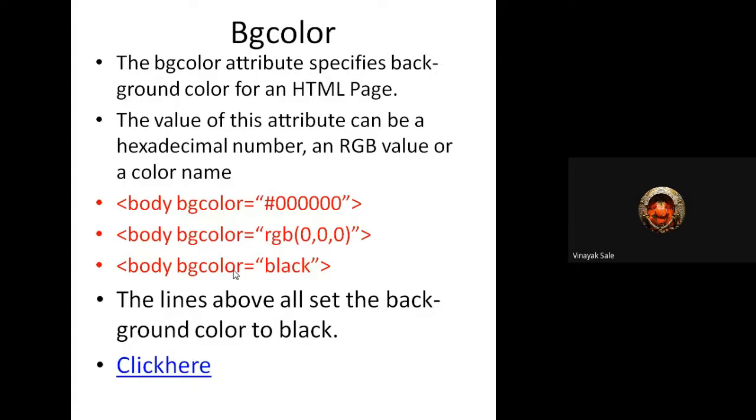All these three methods, or any one of these methods you can use. This number is for black color, this number also for black color, or you can write the name of that color. We'll see, there are so many colors.